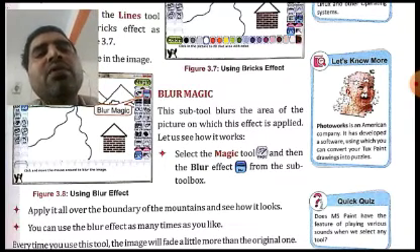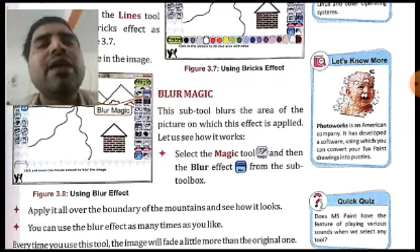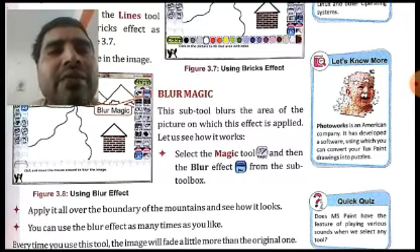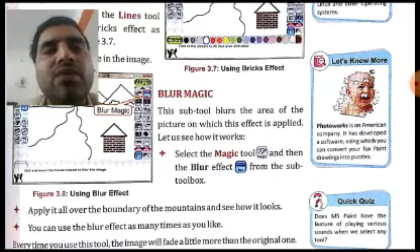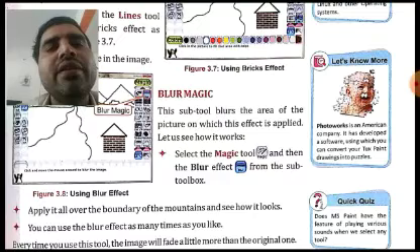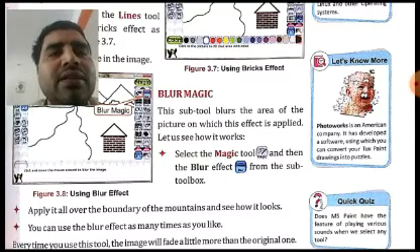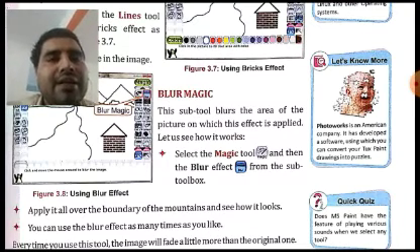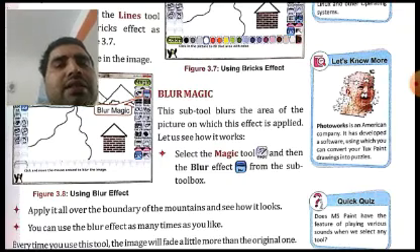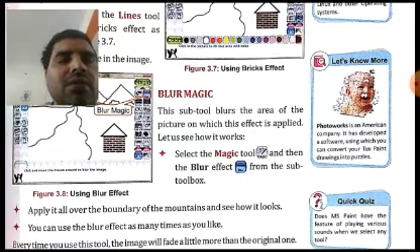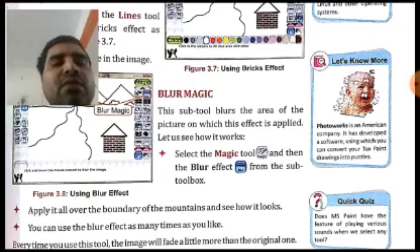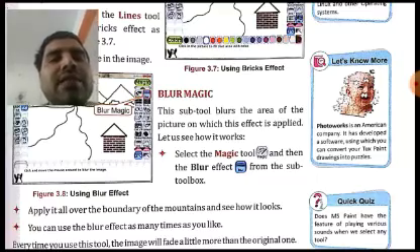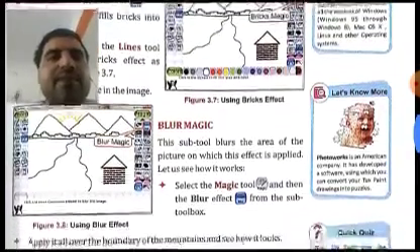We are doing this because we want to create scenery which is very close to real life, scenery which looks like real life scenery. That is why we are applying these different effects, because they will make our scenery look more real, and more artistic. So we apply this sub tool over the boundary of the mountains, and after this we can see that the boundary of the mountains has now become blurred by using the blur magic tool.